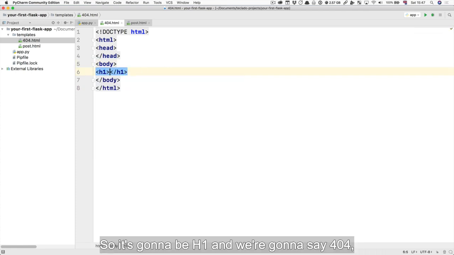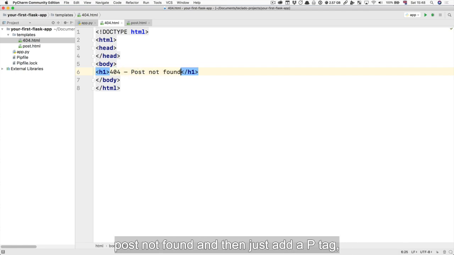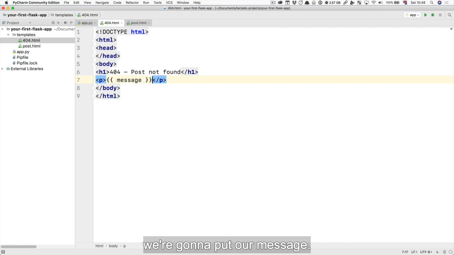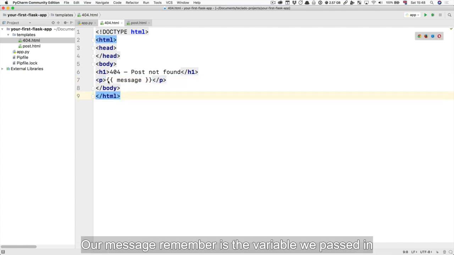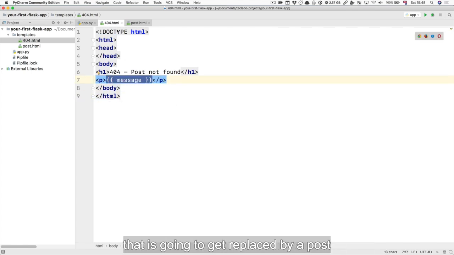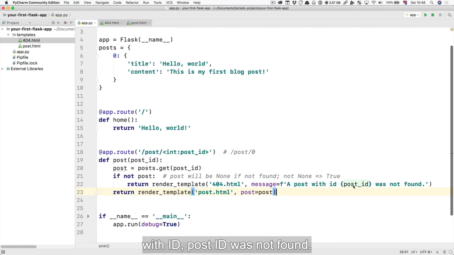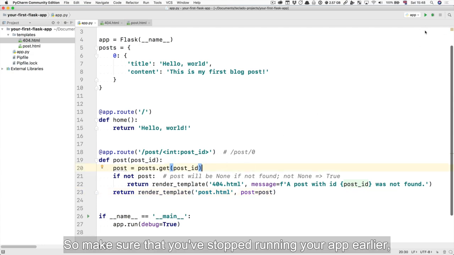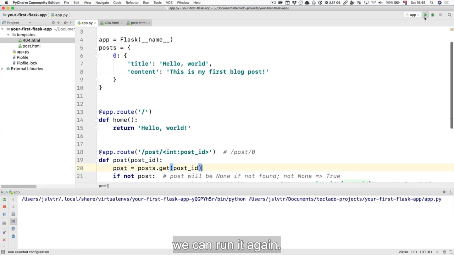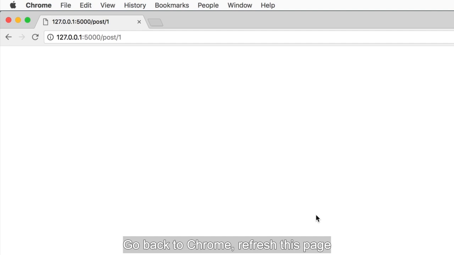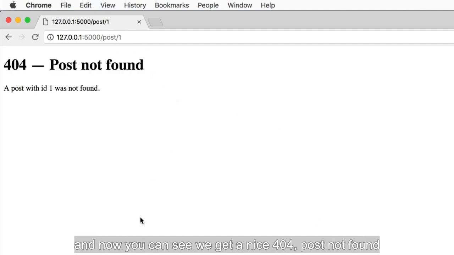It's going to be h1. And we're going to say 404 post not found. And then inside a p tag, we're going to put our message. Our message, remember, is the variable we passed in that is going to get replaced by a post with ID, post ID was not found. So make sure that you've stopped running your app earlier. We can run it again. Go back to Chrome, refresh this page that didn't return anything before, and now you can see we get a nice